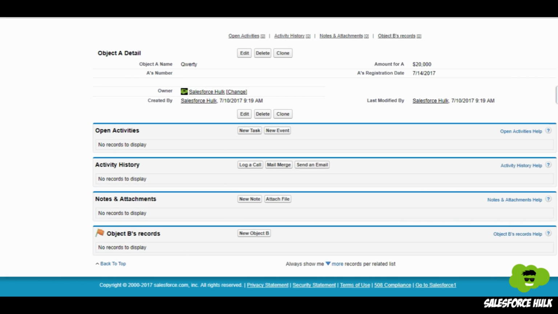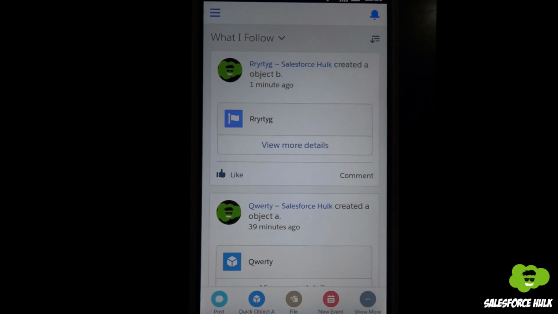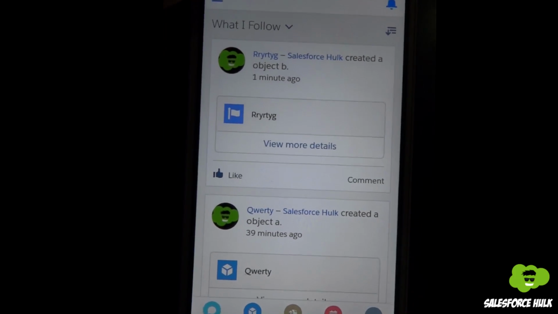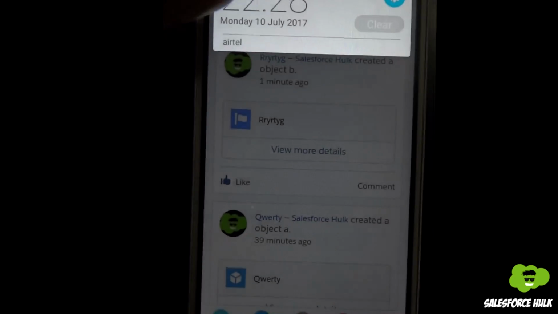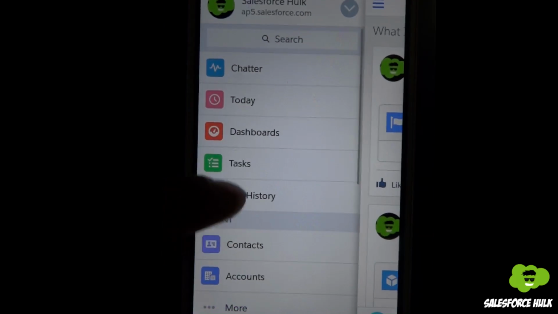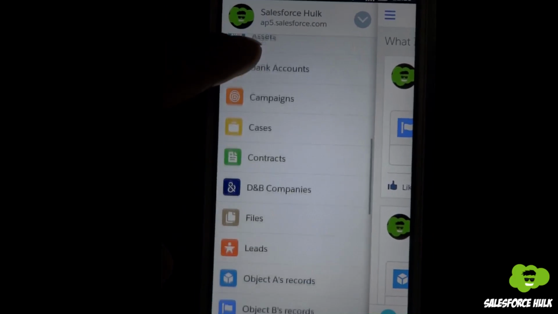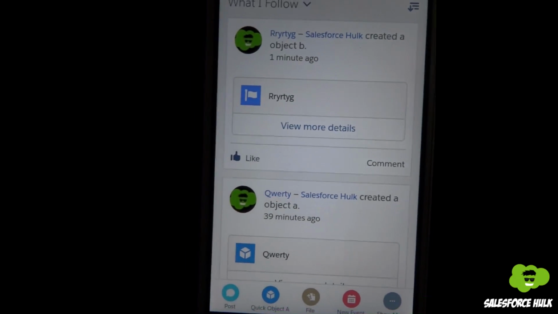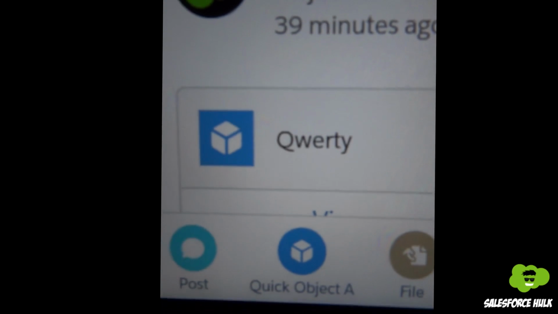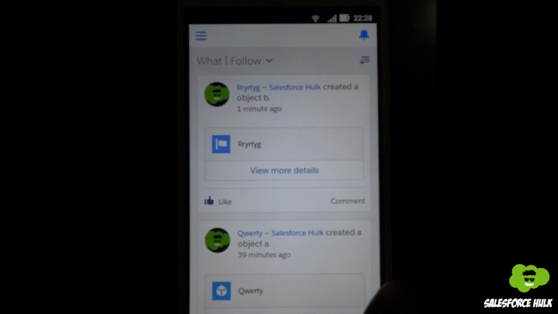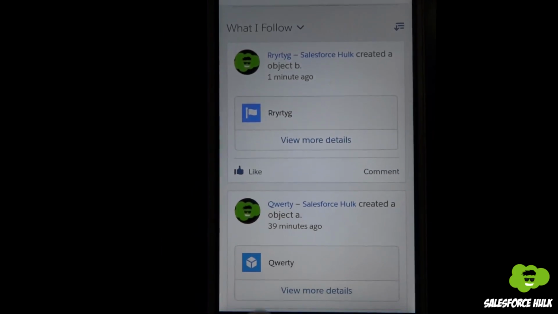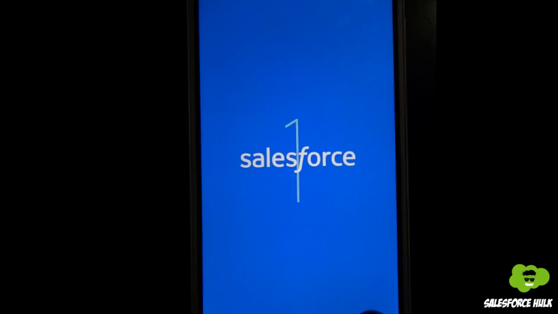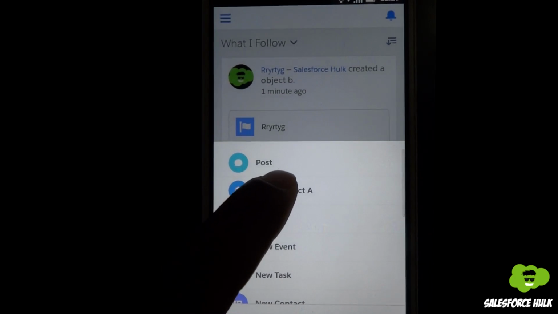Now let's see how they work in Salesforce One. Now, as we have seen, object specific actions work very well while going on this navigation menu, on that particular tab and that object's record. Now let's see how global actions work. We have created Quick Object A, and as you can see, it's coming over here. So we'll click on Salesforce One, and over here we can see Quick Object A,